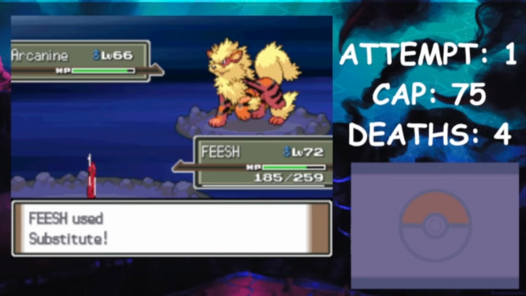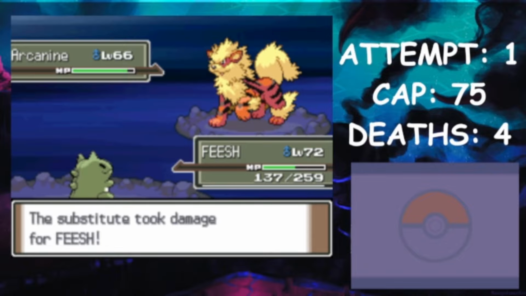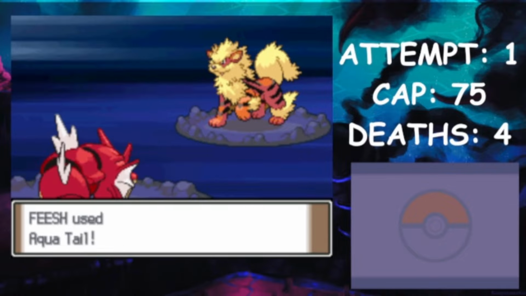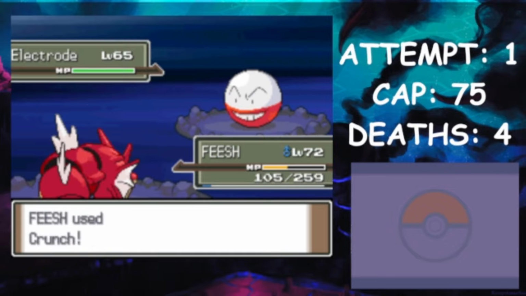And on the turn after the switch, we take a Flare Blitz. He's not doing enough damage to break one of my substitutes, so between this, I set up a substitute, set up Dragon Dance, have my substitute broken, set up another substitute, and at +1 here on Dragon Dance, I can go for an Aqua Tail, take down the Arcanine, and then after this I'm going to go take down his